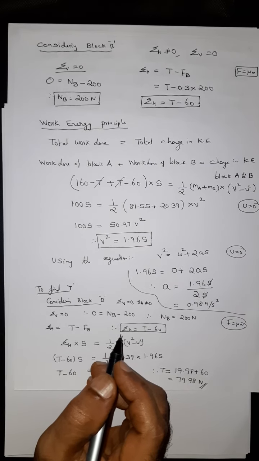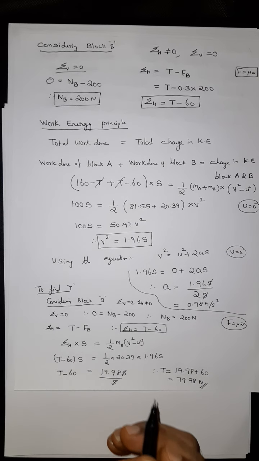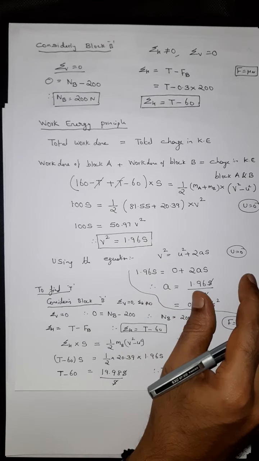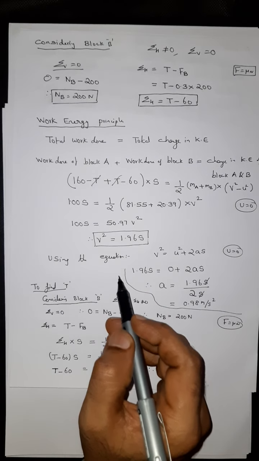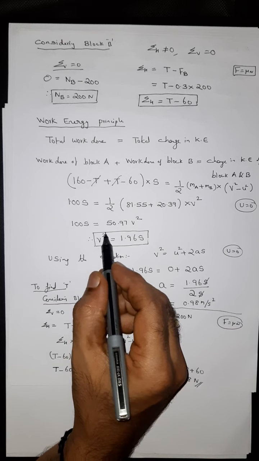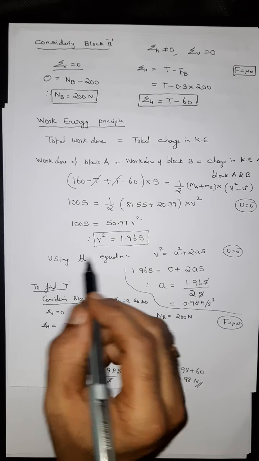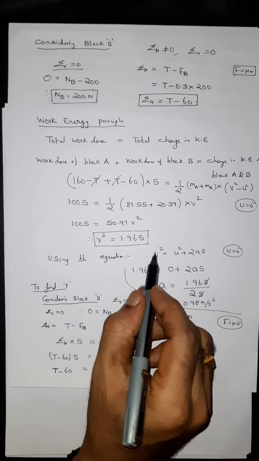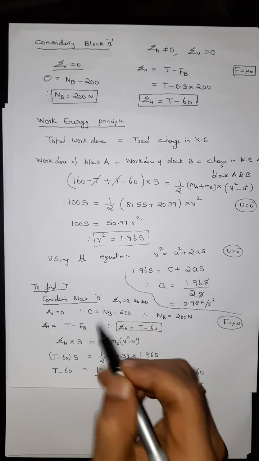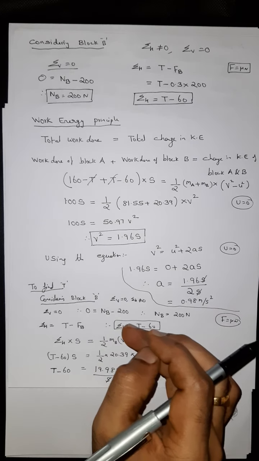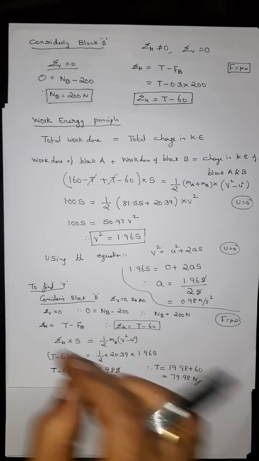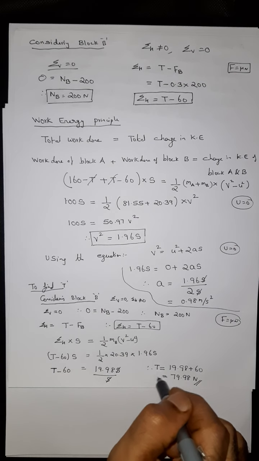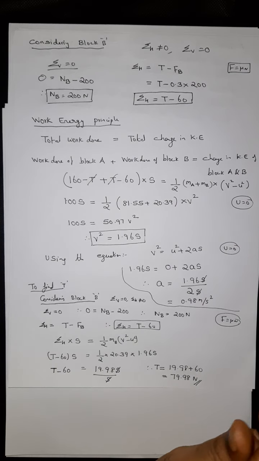That's it. So you'll have to be very careful about where to use the suitable formulas and how to proceed further. Don't get stuck because you are getting an equation here. Then you should apply the apt formula here. By using that, you will get the value of A. Then to find the tension, you should consider any one of the blocks, whether block A or B. By solving the equation, finally you will get the value of T. Thank you.